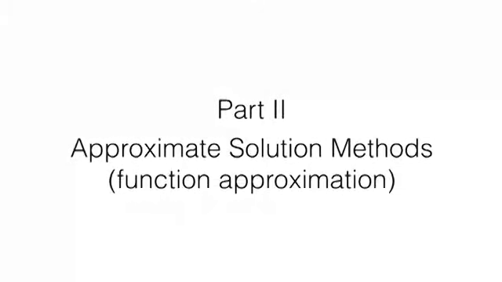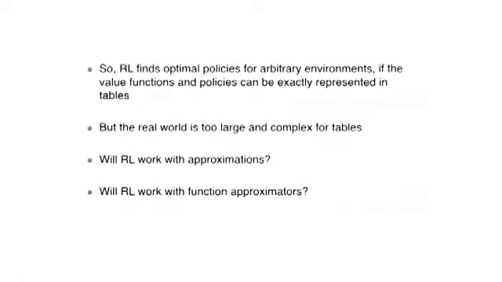So I'm always a little bit surprised when I find out where I am. We're at the beginning of part 2, where you do function approximation. And remember why we need function approximation: yes, we can use Q-learning and things like that to find optimal policies for arbitrary worlds, but only if everything can be represented in arrays in our computer. Very quickly the real world becomes too complex, too many states, too many state-action pairs, and we can't